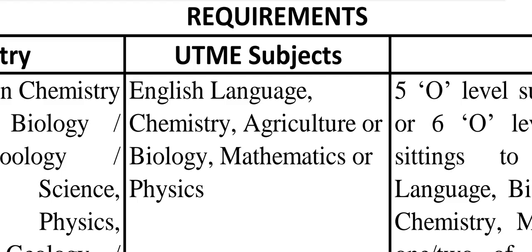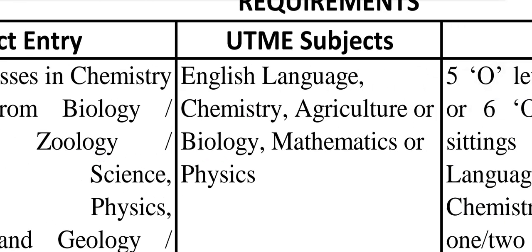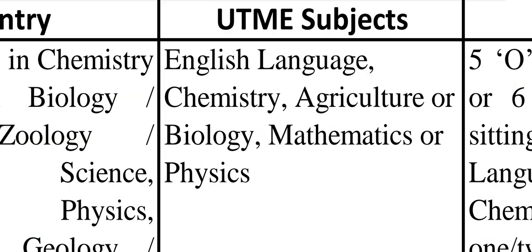And English is compulsory for every course. English language is compulsory for every course. So you must have English language. So for this particular course, agricultural economics, English language is a compulsory subject, you should pick chemistry, agriculture, or biology,